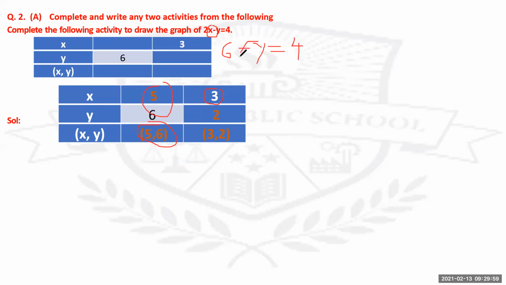So what you will do is change the position of minus y to the other side because you want y to be positive. You want value of plus y, not minus y. Understand? So minus y is going to go to the other side. Plus 4 will come to this side. So you get 6 minus 4, which gives you 2. You've got the answer, 3 comma 2, value of x comma y.